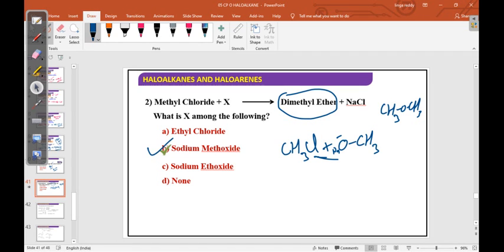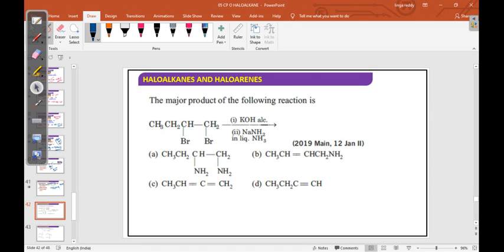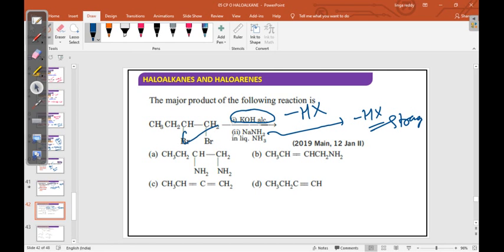Now alcoholic KOH. The function of alcoholic KOH is minus HX. What is sodamide in liquid ammonia? That is also minus HX, but it is stronger. So one time HX is removed by alcoholic KOH, the second time by sodamide. So your product will be